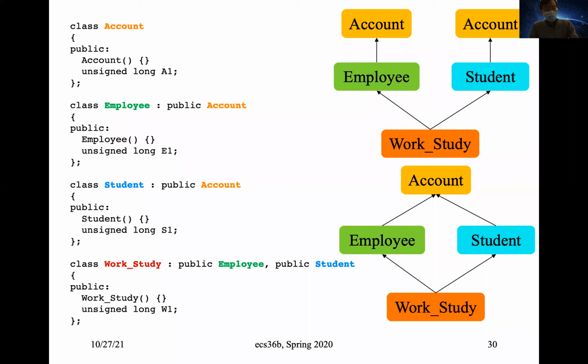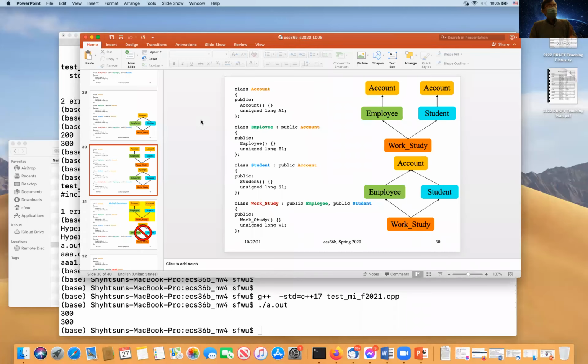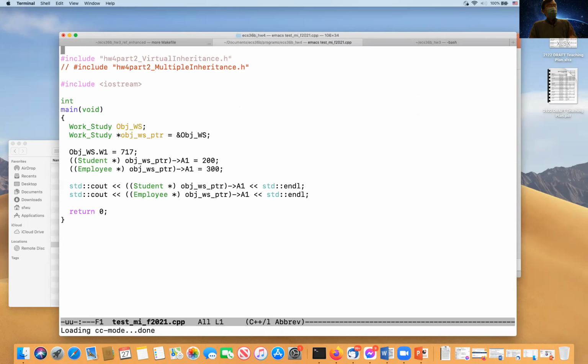Okay, so that was the first one. I want to show you... how many minutes do I have? I don't have any minutes. Okay, I just want to type it very quickly to tell you the memory address of those two copies. So give me one minute. I think I can do this in one minute.